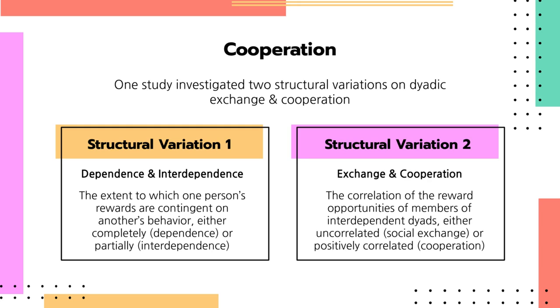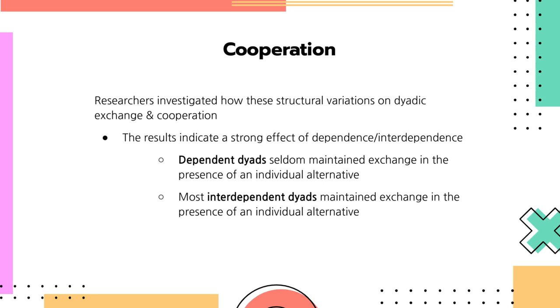And then the second structural variation was on exchange and cooperation. So essentially the correlation of reward opportunities of members of interdependent dyads, either uncorrelated, so social exchange, or positively correlated, cooperation. So researchers investigated how these structural variations affect dyadic exchange and cooperation, and the results indicate a strong effect of dependence and interdependence, meaning dependent dyads seldom